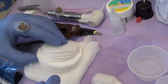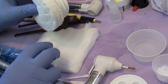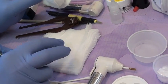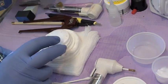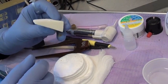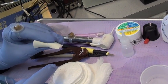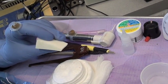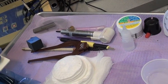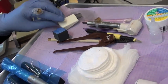I keep handy cotton, these don't shed, and then some gauze. And also, what's really nice is this little latex-free sponge. I keep that. That comes in very handy for both cleaning the skin and cleaning your needles, because it doesn't damage the needles. Okay, my cotton swabs,